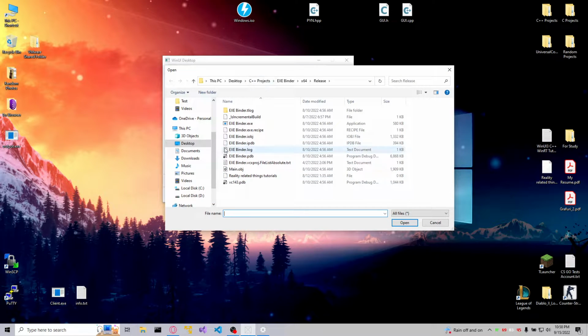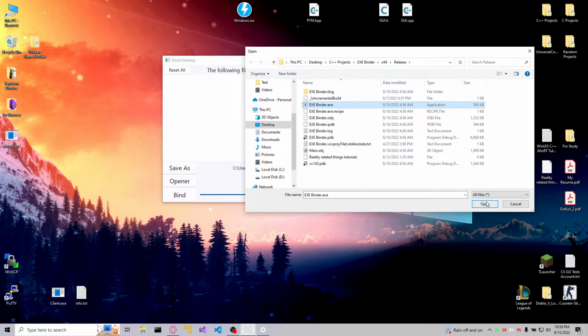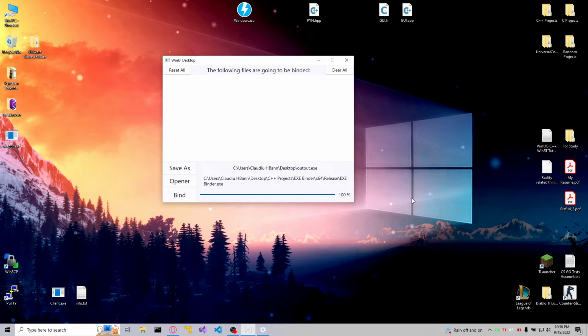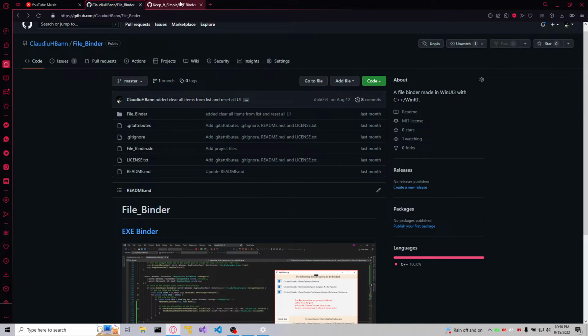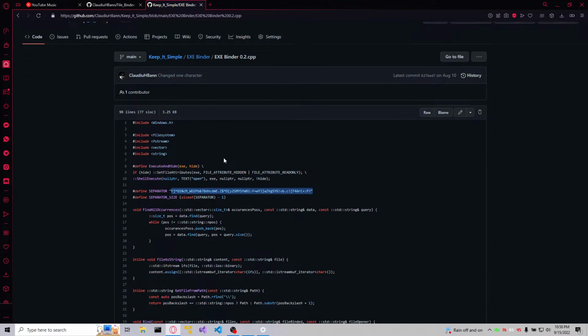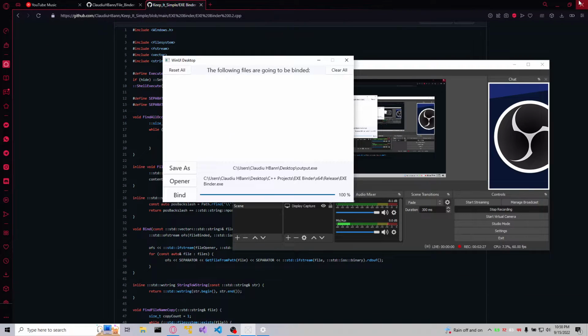The opener, you need to give the opener program that will open the files. You can use the one you got or the one I showed you. Okay,